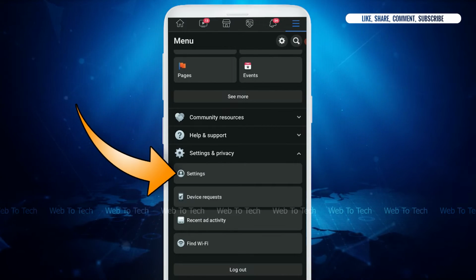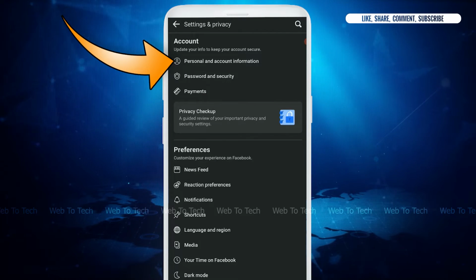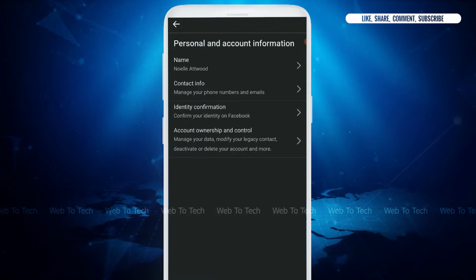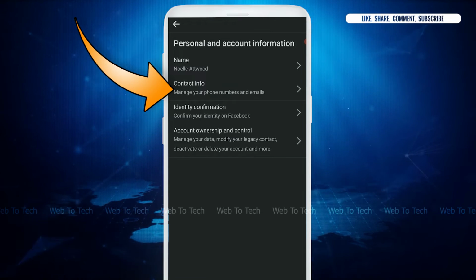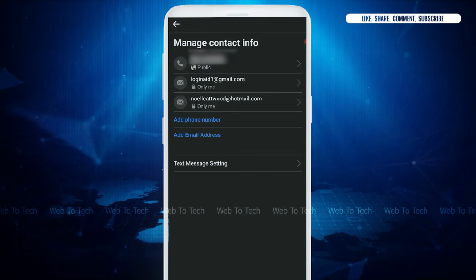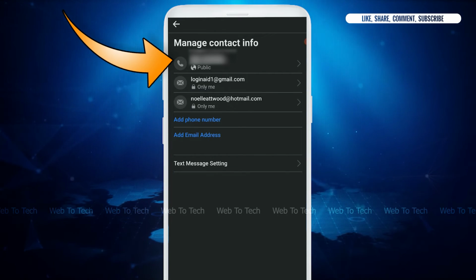Inside Setting and Privacy, tap on Settings. From here, you need to tap on Personal and Account Information. Inside Personal and Account Information, you tap on Contact Info, that is over here on the second option, tap that. Now from there on the Manage Account Info, you need to click on the phone number that you want to